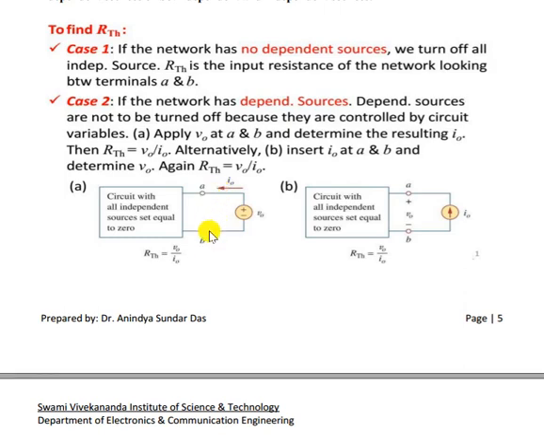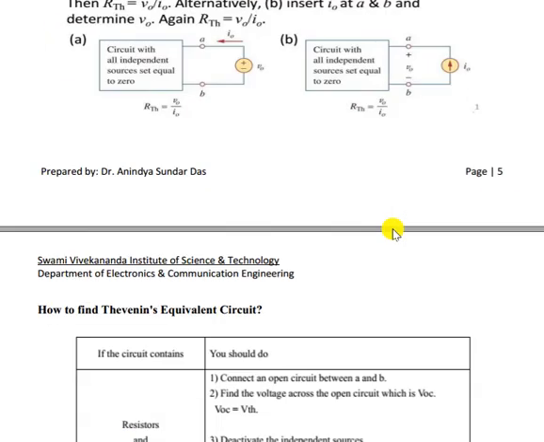After removing the load resistance, find out the current I0. Then RTH will be equal to what? V0 divided by I0. Or we can connect a current source and measure the voltage across the AB point, which is equal to V0, and RTH will be V0 by I0. Now what should be the value of V0 or I0? We can take 1 volt, or 1 milliampere or 1 ampere, like that.